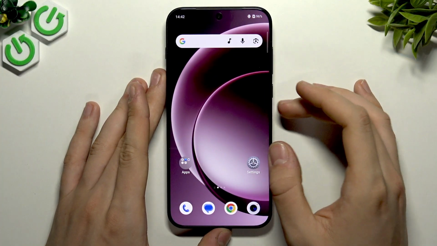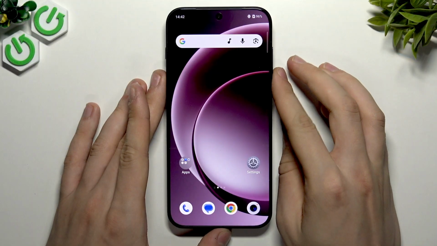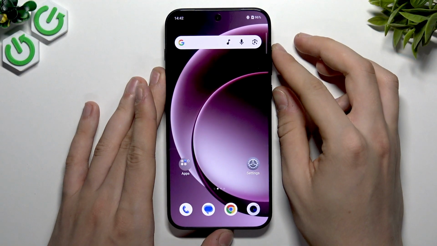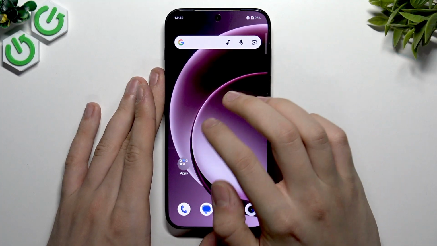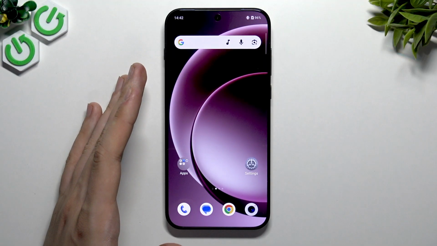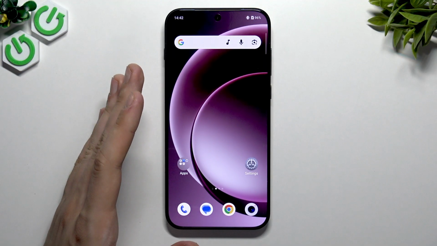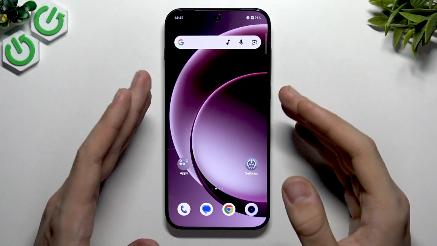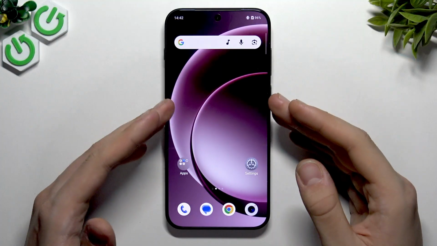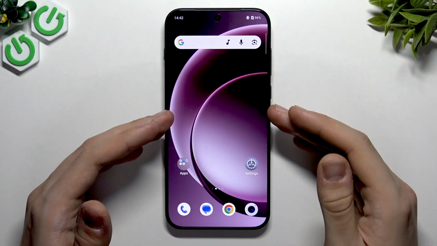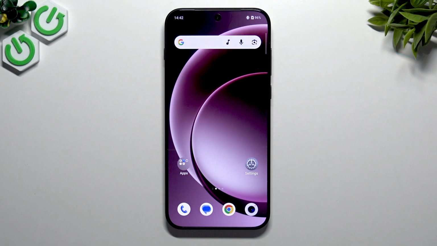And now the next thing here is the screenshot. If you click the power button and volume down button, you can take a screenshot, which is actually very, very useful. Apart from that, here in this phone, if you do hold the power and volume up, you can easily enter the recovery mode when your screen is turned off. And apart from that, as I remember here,